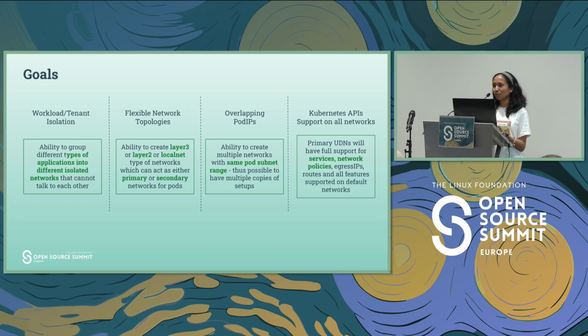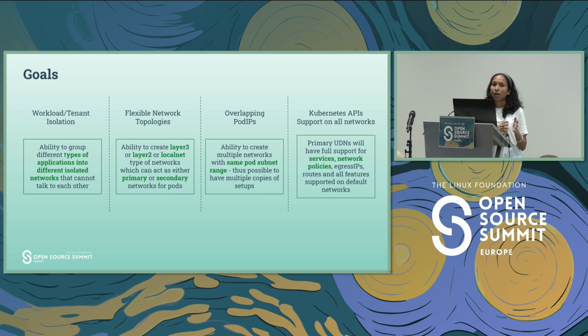But why should a pod have only one network? Maybe it has more than one interface. Maybe you have multiple interfaces. So you can have more than one network for your pod, which are secondary in nature. So you can always only have one primary user-defined network through which all your traffic leaves by default using the